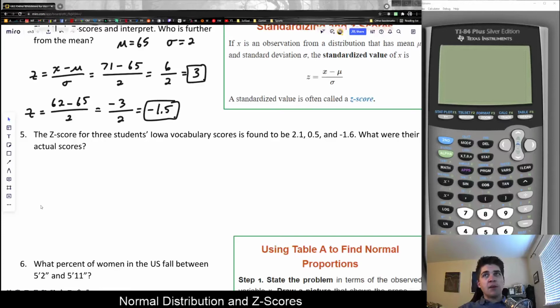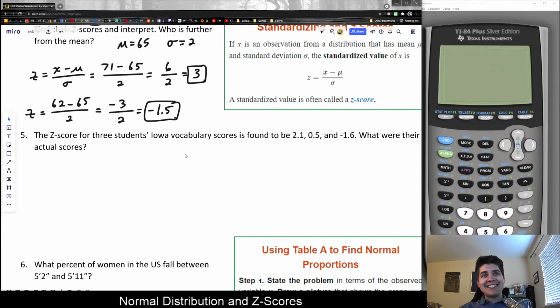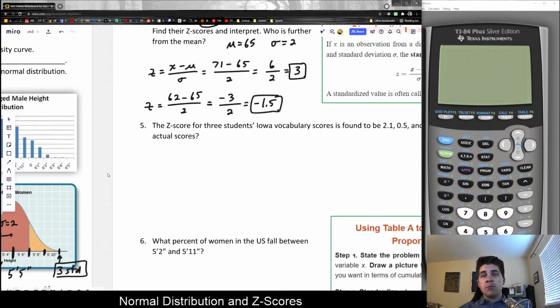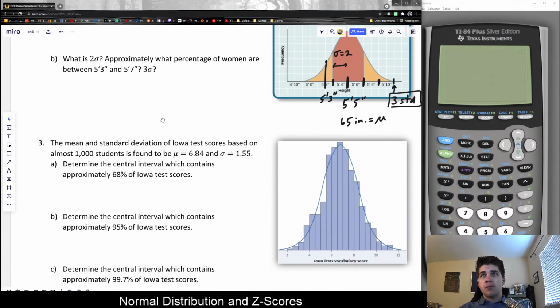In the last video, we talked about z-scores. In this video, I wanted to mention, if you're given a z-score, how do you go back and figure out what the original scores would be? So let's say we're looking at the Iowa vocabulary scores, what we did in a prior example,